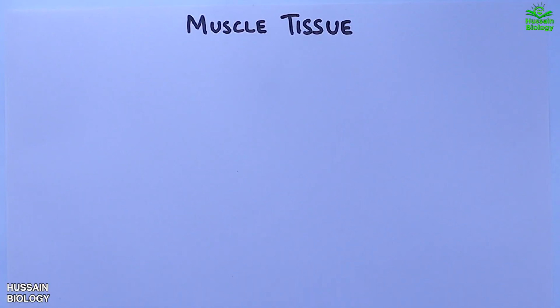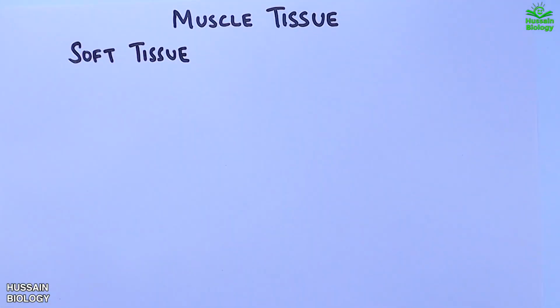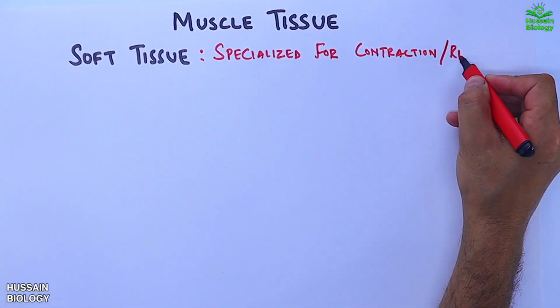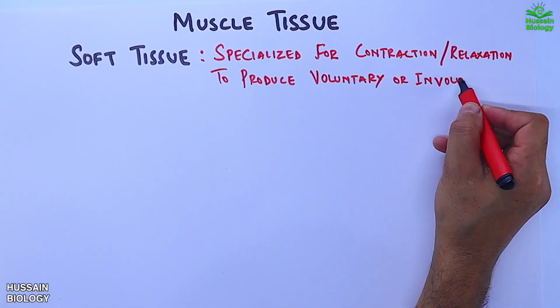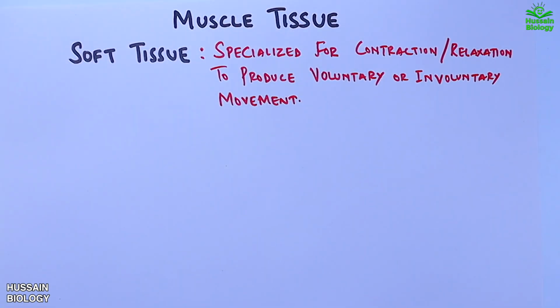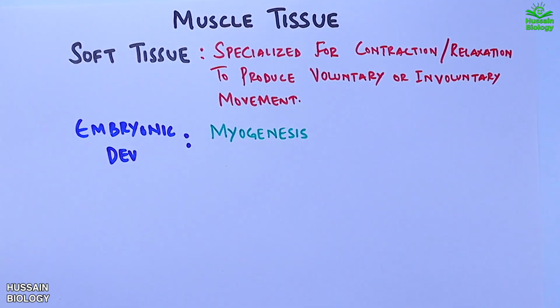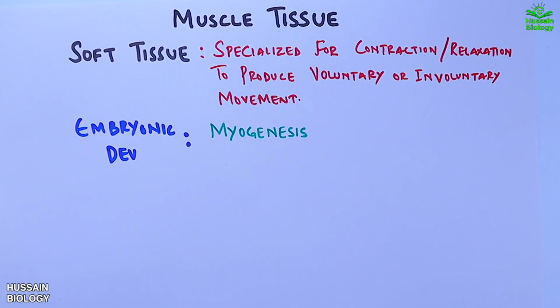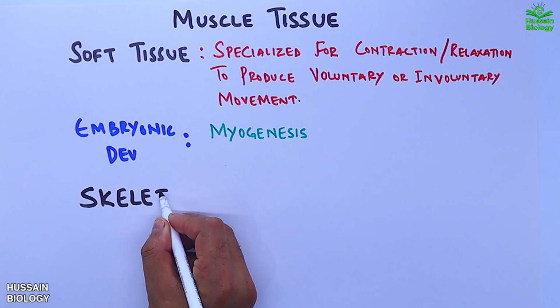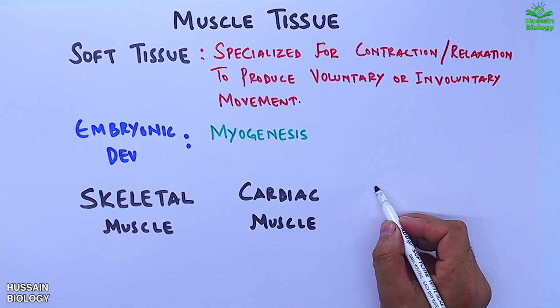In this video, we'll be discussing the muscle tissue, the structure of three different types of muscle tissue and their organization. The muscle tissue is a soft tissue that is specialized for contraction and relaxation to produce voluntary or involuntary movements. The embryonic development of muscle tissue is through myogenesis, and we have three different types of muscle tissue. First one is the skeletal muscle, second one is the cardiac muscle, and third one is the smooth